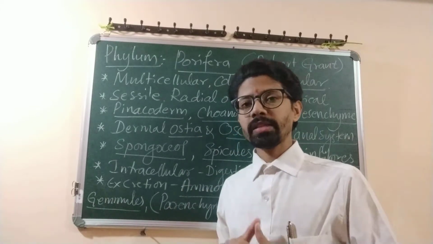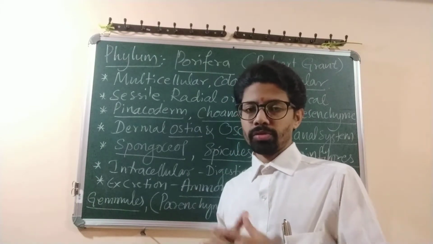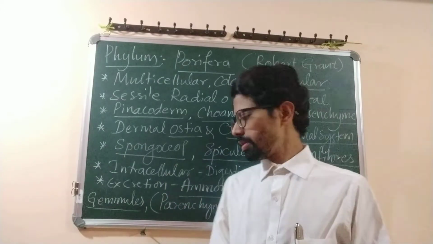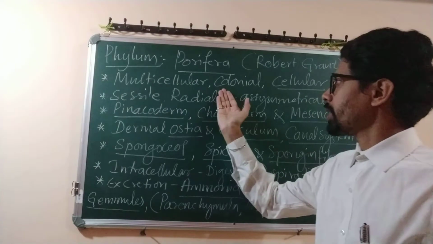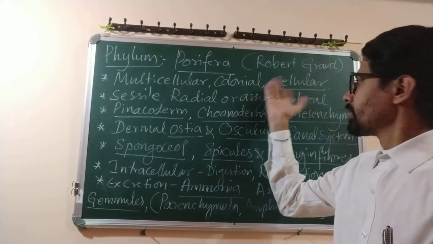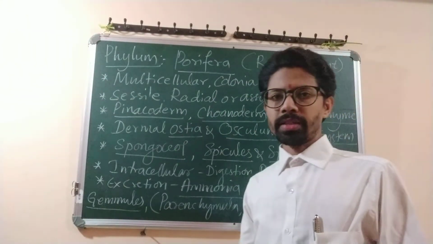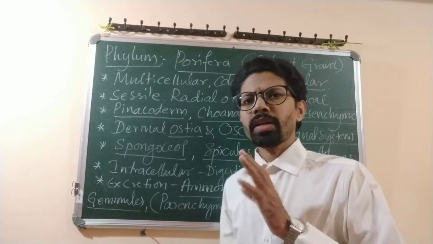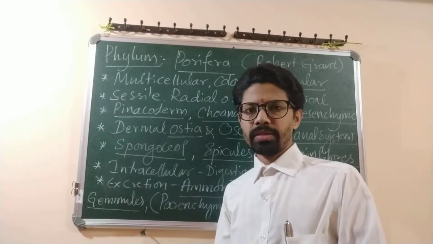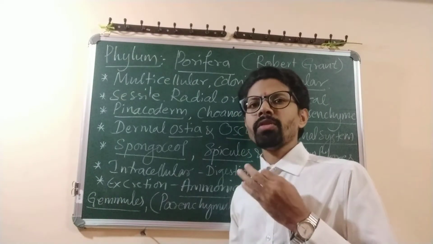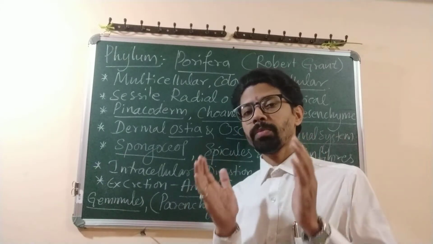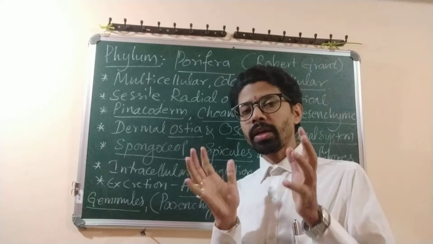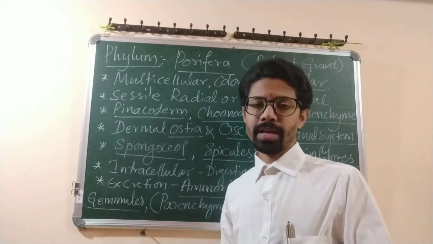Now what are these skeletal substances? Okay, these points we'll be discussing here. So we'll continue with this. Now they are multicellular, right? They are colonial forms and they have cellular grade of organization. So what kind of organization do they have, if it is asked? They have cellular grade of organization. Cellular means the body is made up of only cells but arranged in a group of cells, not as